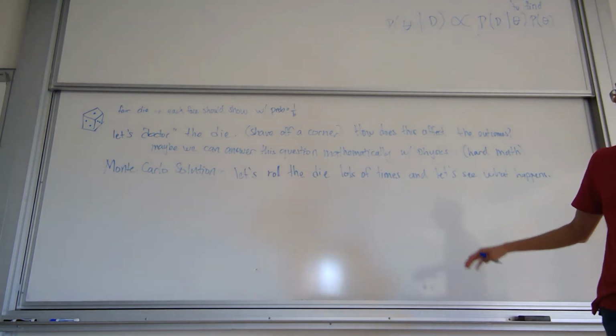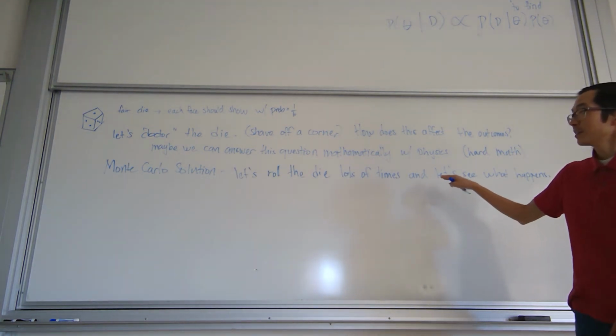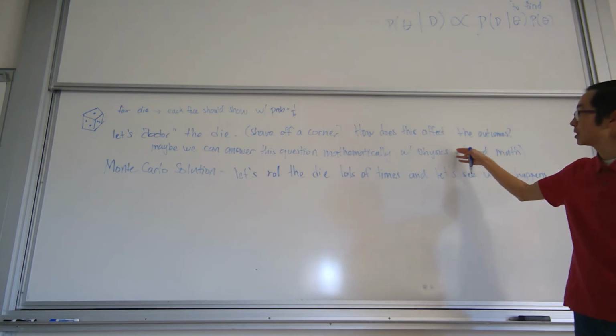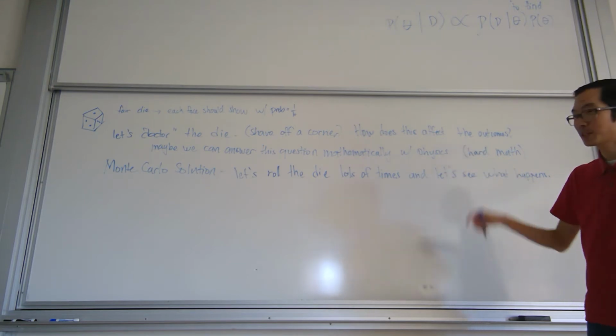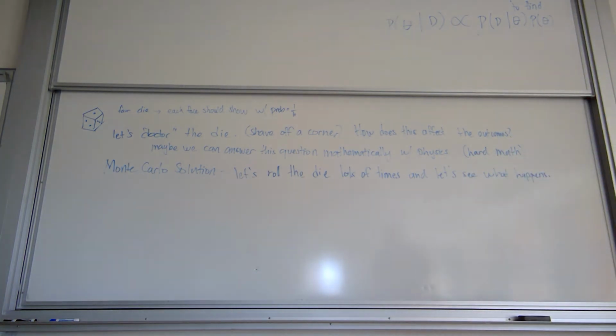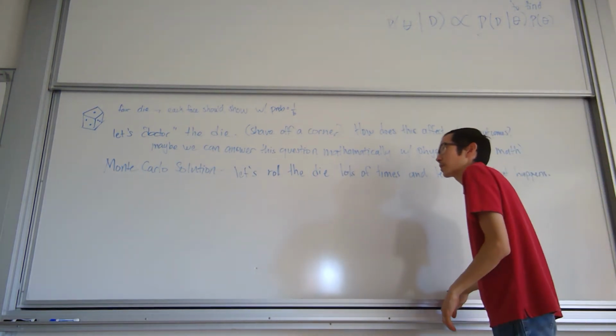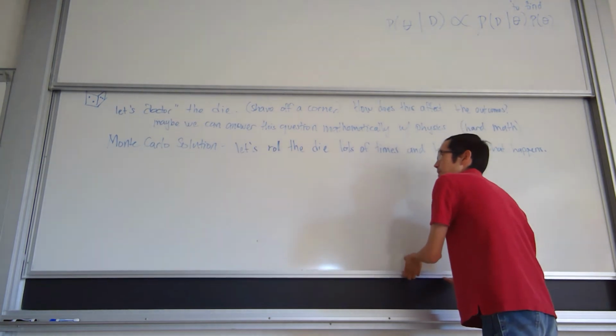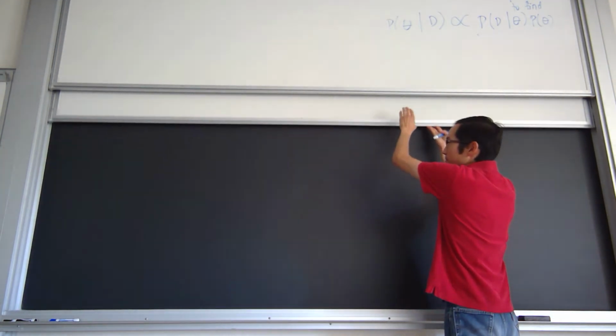But yeah, I guess maybe we can't do the hard math. We'd have to build some kind of computer simulation, which now suddenly makes it way harder. Okay, is that all right? This idea of what the Monte Carlo solution is to things? Okay. All right, so we're going to start off with